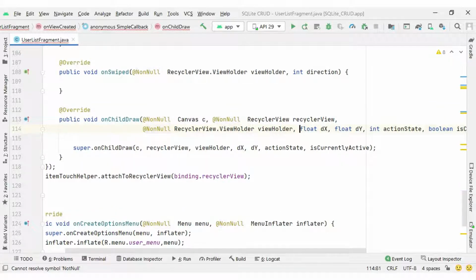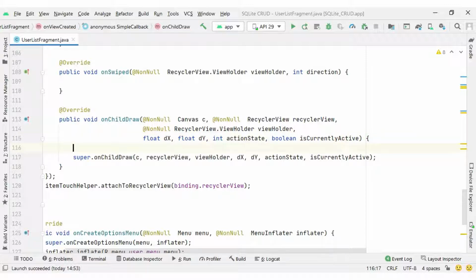Okay, so our onChildDraw method is ready. Inside this method, before super.onChildDraw, I will write code for displaying the layout or the design when we swipe left or right.